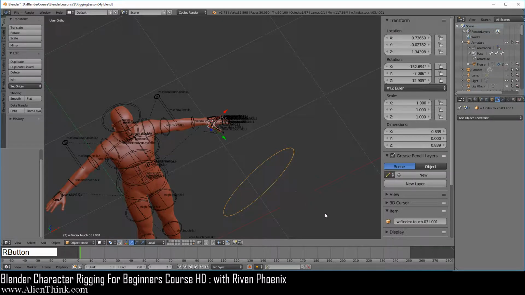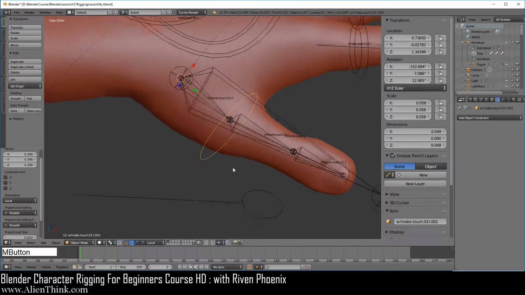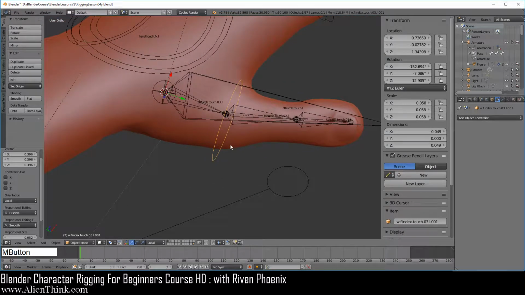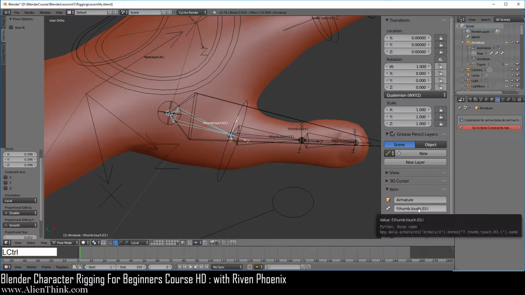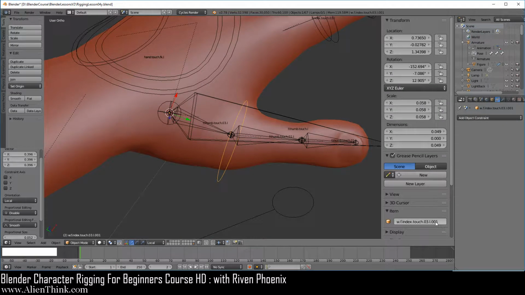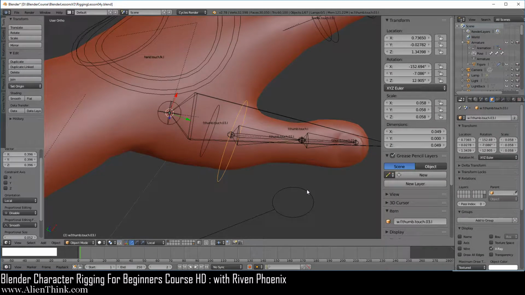Now go ahead and click on this and press the S key to scale this down a bit over here first. Okay, I'm just going to scale it in. Now over here, what we want to do is go ahead and click over here, do Control C, click this, type in W dot, do Control V, and enter, do Control C, click on this bone, go to the bone tab and just do Control V,